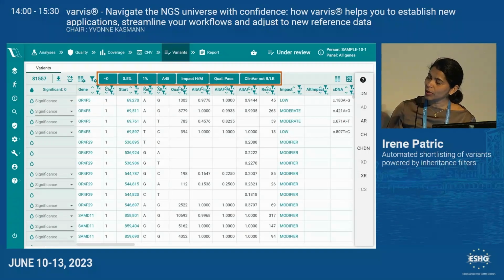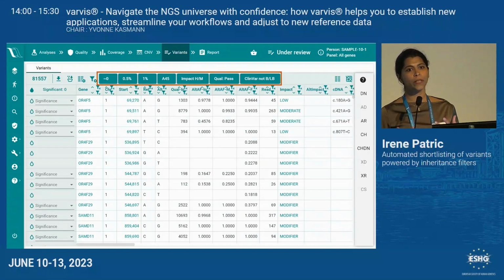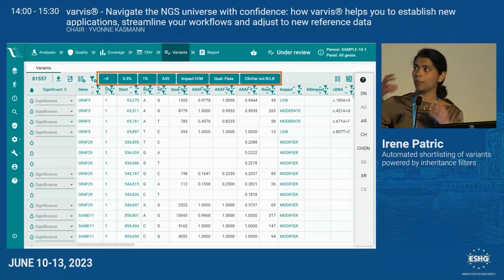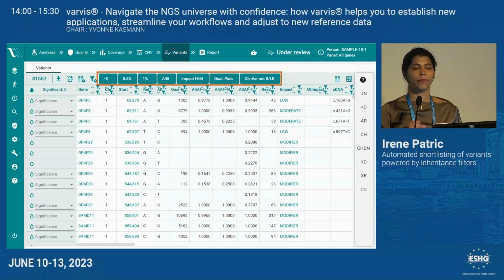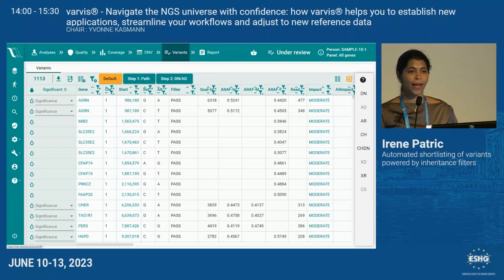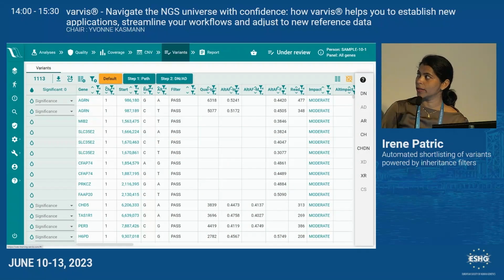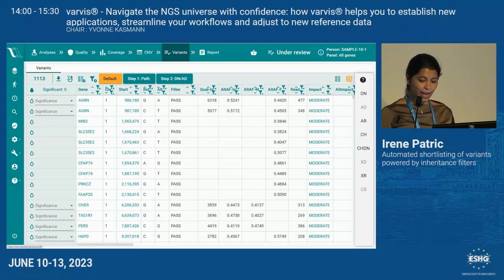With varvis, you're able to do this in two ways. One is each person is responsible for their own work. You set up your own workflow, and then you pass it to another person, and they have their own workflow with which they are able to test it. Another way is that you have a SOP, and the whole laboratory agrees on a single workflow. You set it up, and every user can add their own steps to this and do the analysis the way they want. But a large portion of this, I would say, is also the inheritance filters,